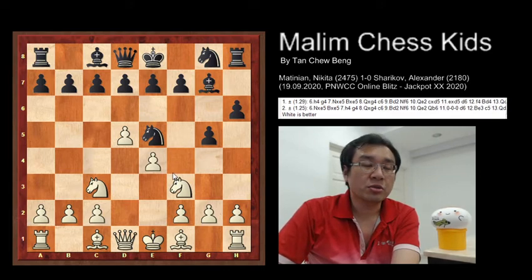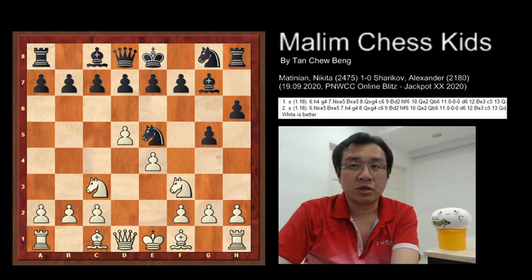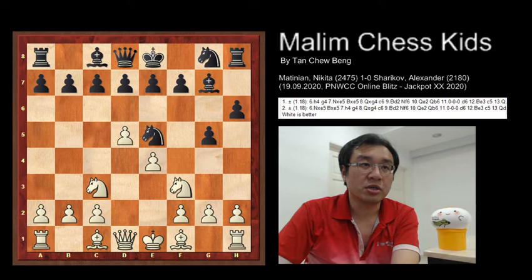So in this position, you can see that white is better as the two pawns are controlling the center of the square, and white has more activity. So after this move, white captures the knight. Knight takes e5,